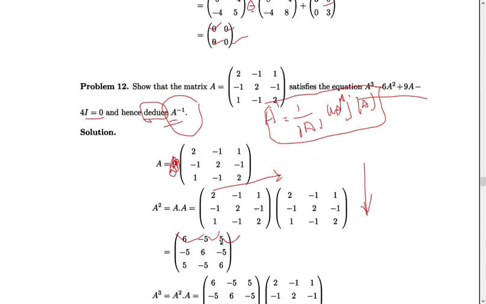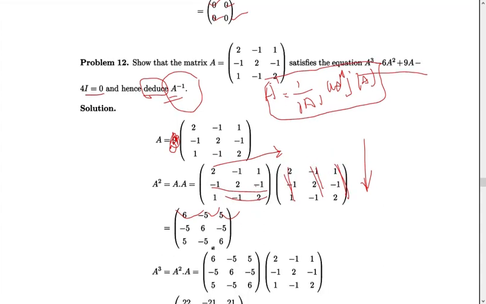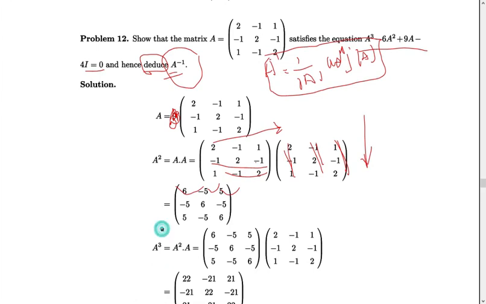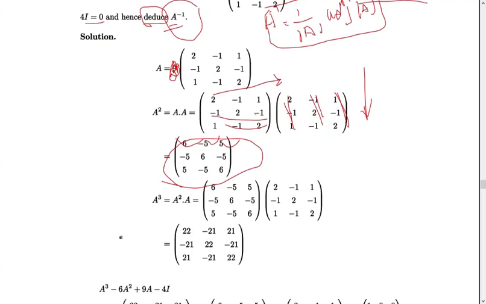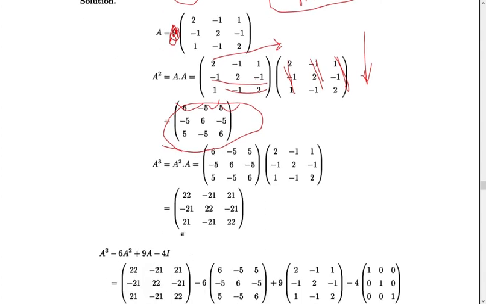Okay, we are going to check likewise, second row with every column and the third row with every column. That's the matrix multiplication. So we are finding the value of A squared. With this, A squared is equal to A. We are going to find the value of A cube is equal to A squared into A. In a similar way, we are finding the value of A cube. Then we are going to check that relation, whether it's 0 or not. A cube value is this one.